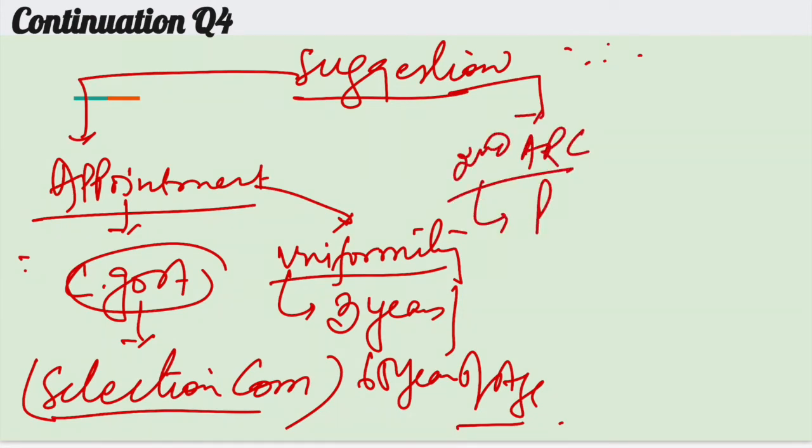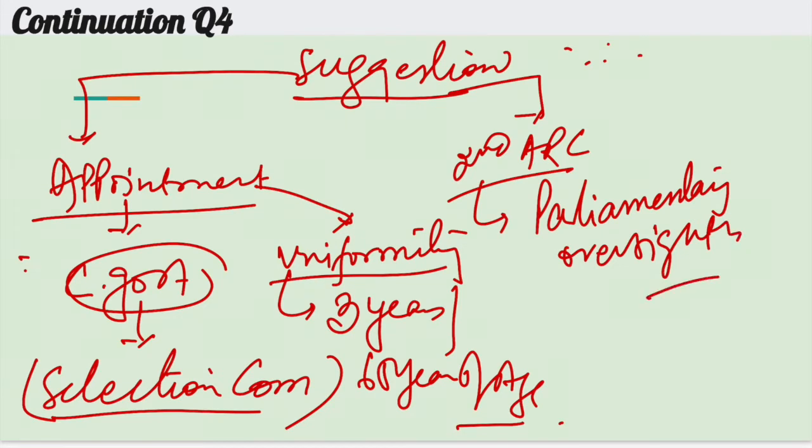Second point, the Second ARC has suggested that there should be parliamentary oversight over the functioning of these regulators. It simply means that these regulators will have to come before the parliamentary standing committee and will have to answer the questions. Okay. Third, you can talk about having procedures to make it more transparent and